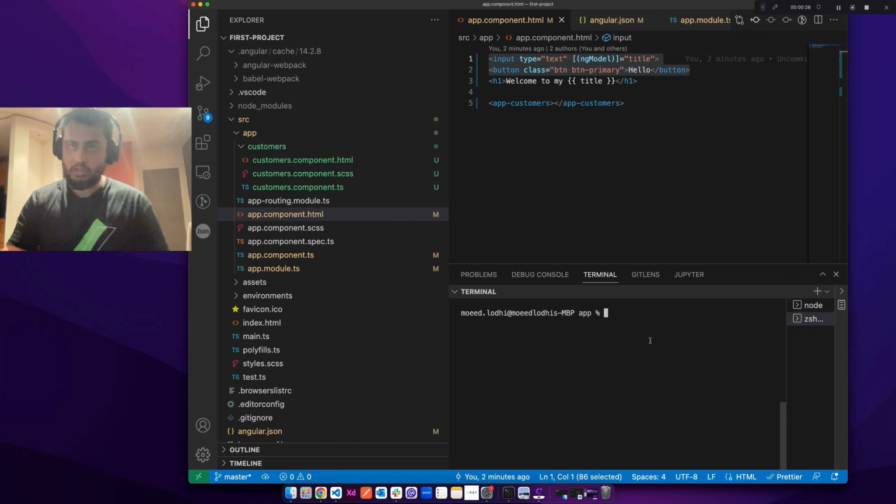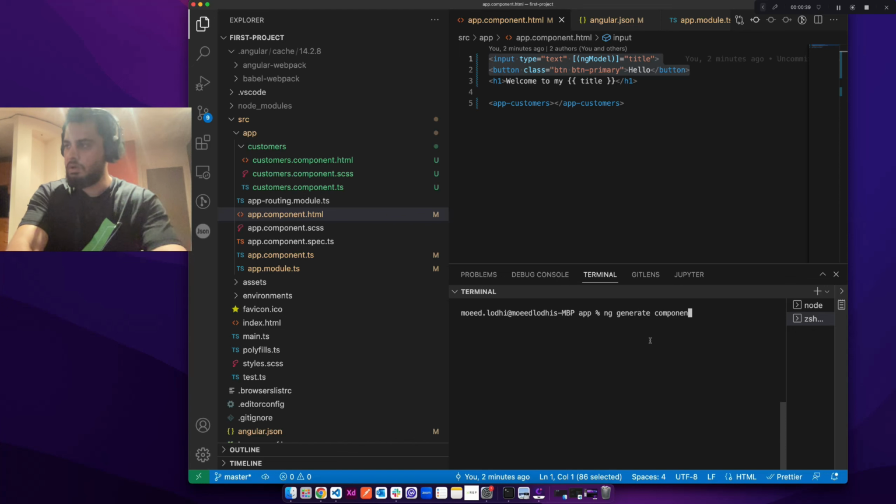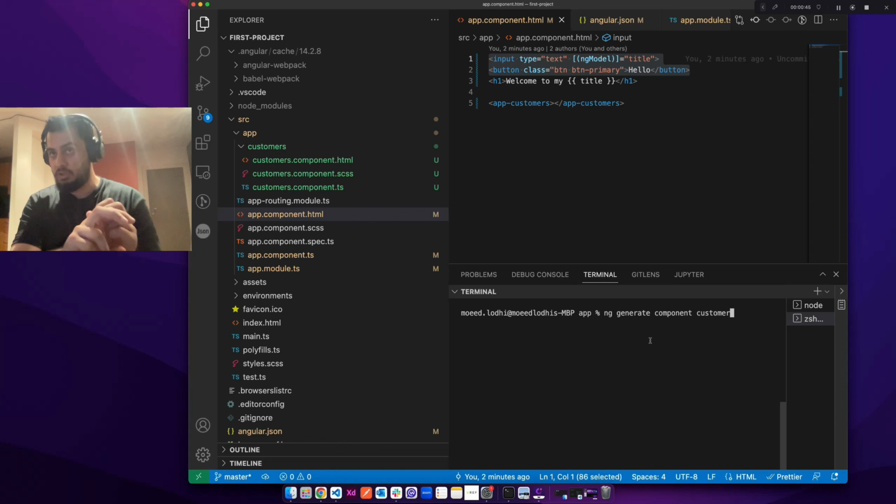So we are inside of the app folder, which is our parent component for this particular project. I have a customers component already made. I want to create another component which is just a single customer component. So I'll type out the command, which is ng generate component and then the name of the component, which in this case is customer. So a single customer. We have a multiple customers component. Now we're making a single customer component, and the name can be anything of your choice. So I'll hit enter